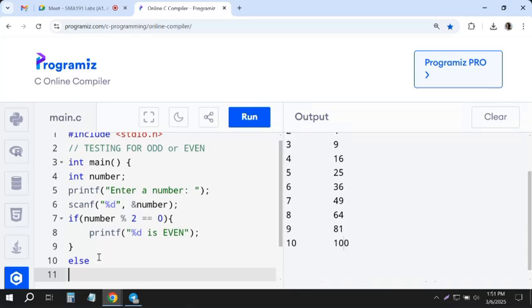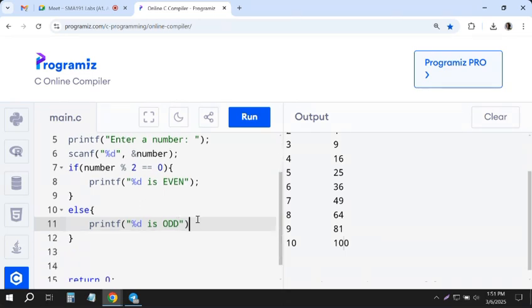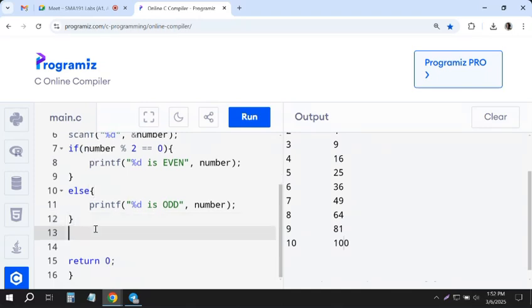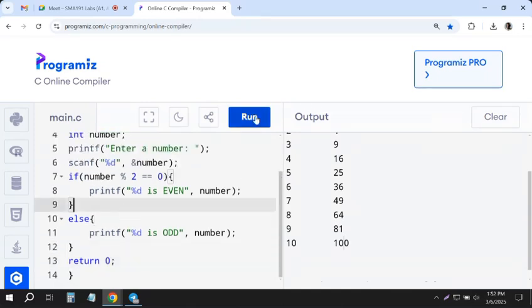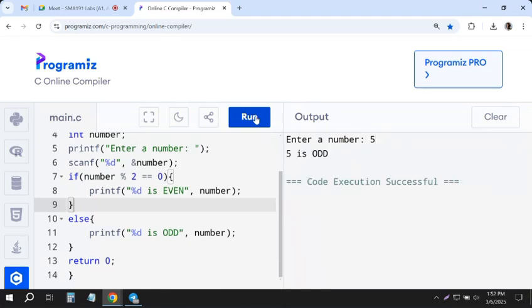If what remains is equal to 0, then we go inside this if, and we display the message with printf: %d, the number itself is, then we give a message, this number is even. Else